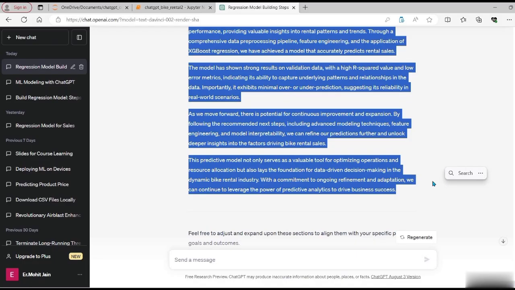So this is how we can build our machine learning model using ChatGPT in just a matter of 30 minutes to 45 minutes to 1 hour, depending upon the complexity. And you can see, when you work with ChatGPT, it's literally like somebody in front of you is helping you, providing you all the details, and giving you all the coding part which you need to create your machine learning model.